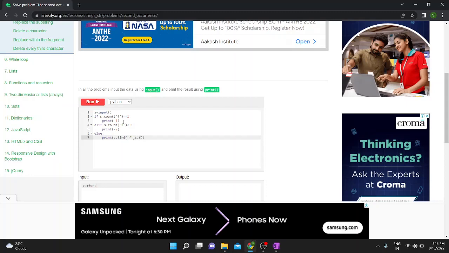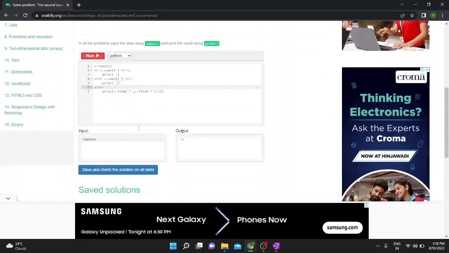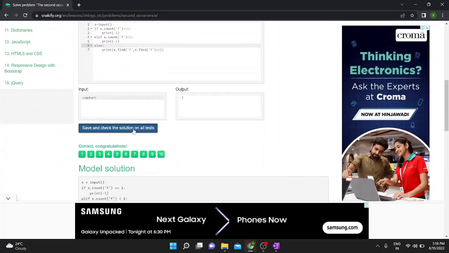Then again using find, we would find the second occurrence, and then +1 here. If I run this, and check my solution for all the test cases,